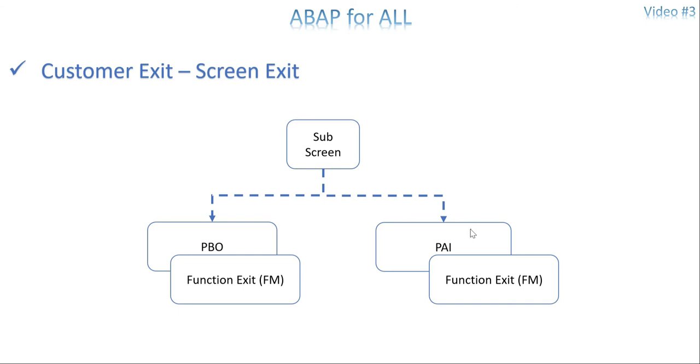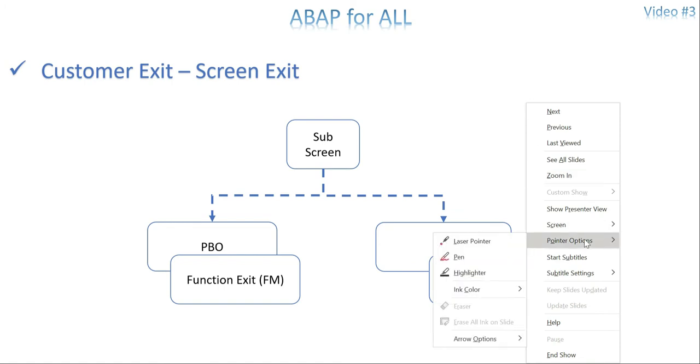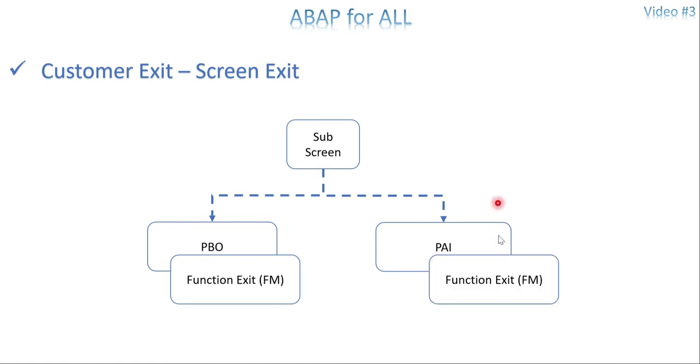Next one. If you are good in multiple programming, you are able to connect very easily. In screen programming, there are some places where you can write code, like PBO and PAI, process before output and process after input. But here we are at the enhancement level. Even if you go to SE51 and create a subscreen, you get PBO and PAI modules there too, but you need to find a function exit first,